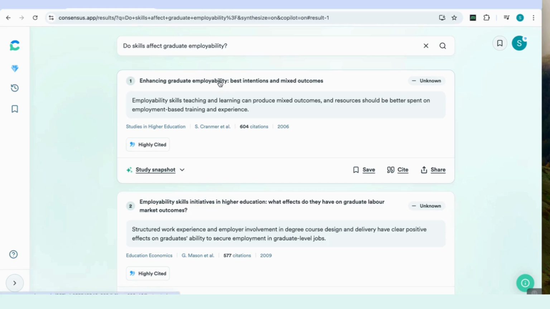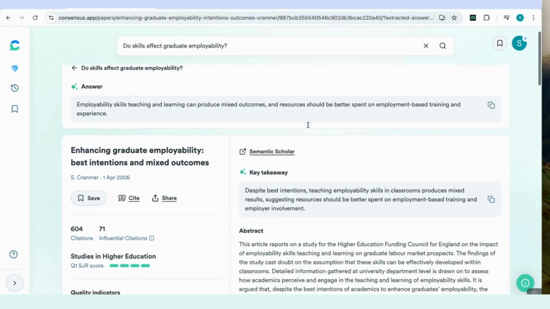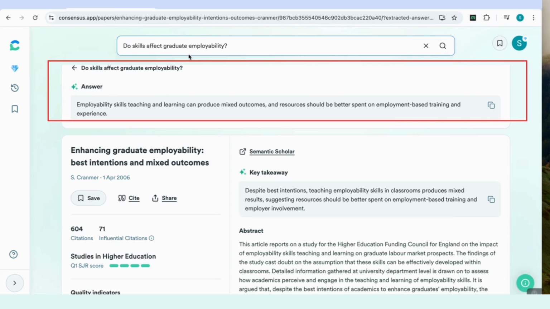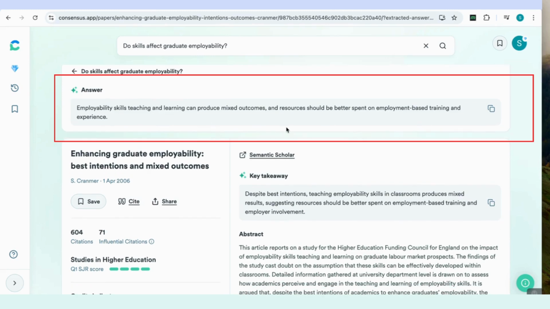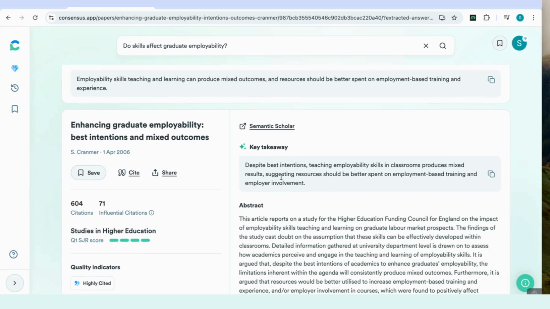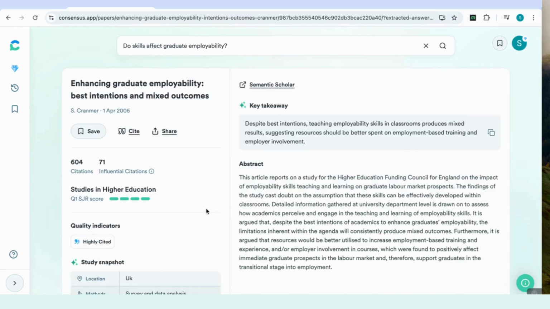And then if I click on this article, it gives me, again, that one sentence response to the question that I initially asked. So for example, here it says employability skills, teaching and learning can produce mixed outcomes, and resources should be better spent on employment-based training and experience. And not only that, but it also gives me a key takeaway, and then it tells me some more information